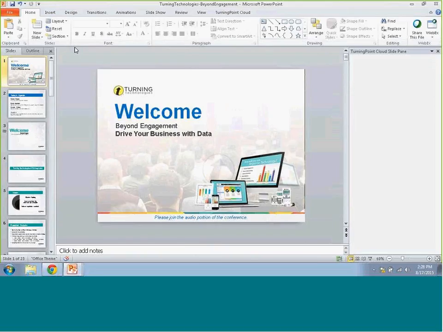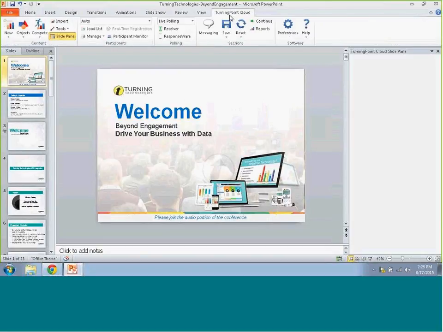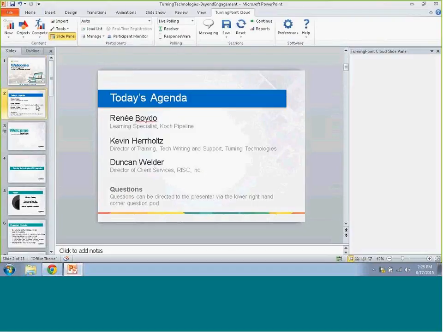But since I opened up Turning Point first, selected PowerPoint polling, you can now see how this existing presentation, and this presentation could be a year old, it's completely integrated within the Turning Point software. So say for this presentation, we want there to be an interactive slide immediately following slide number 2. I click on slide 2.